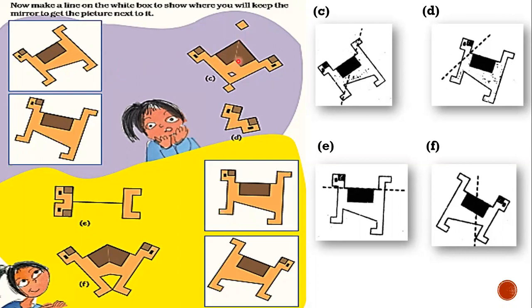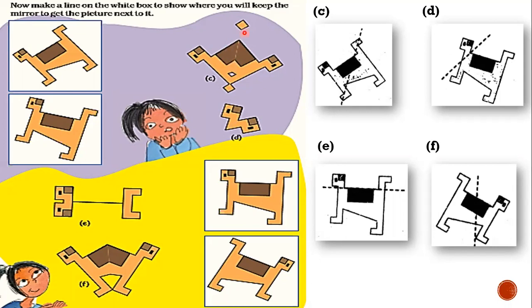The mirror reflection is this. You try to divide it into two exact halves. See the movement of the pointer. This way we can divide. So this is the part. Then this figure divides into two parts, left side and right side. You take the left side. Then you have to see which part of this figure is matching with the left side of the answer.